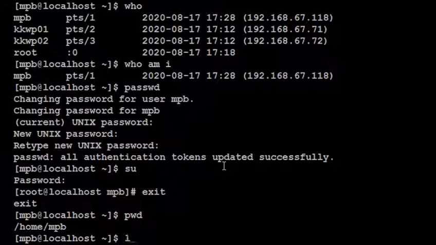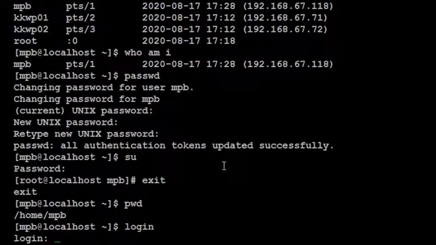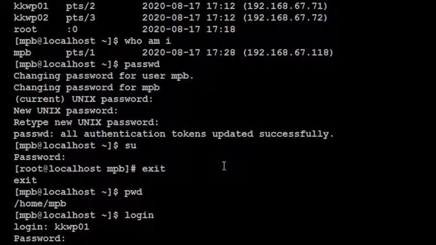And the last command is the login command, but this login command has so many security issues. To execute the login command, you should log in as root user, but here as I am a simple user, when I press enter, it will ask me for the user name. If I enter KKWP01, then it will ask me the password for KKWP01.